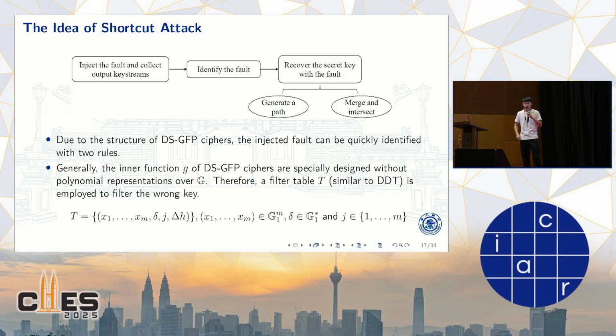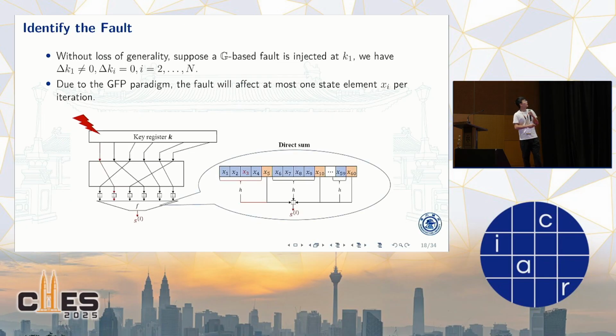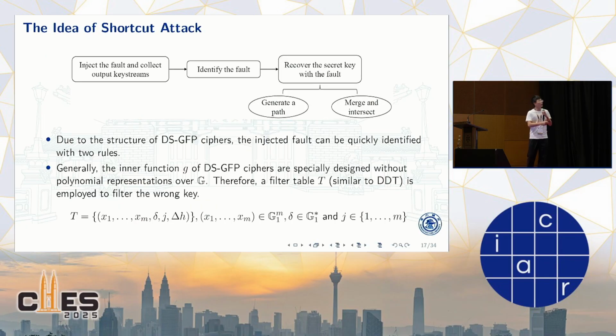Due to the structure of GFP, we can identify the fault quickly with 2 useful tools, and I will give the details later. But for the key recovery, we cannot just build and solve equations concerning